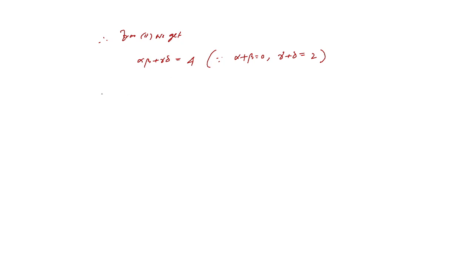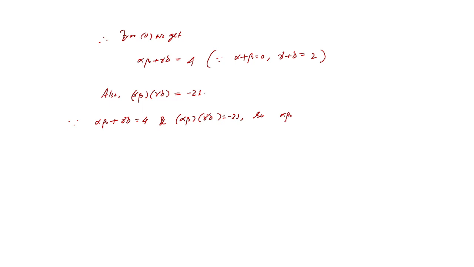And also you will see alpha beta multiplied by gamma delta is basically minus 21. So since alpha beta plus gamma delta equals 4 and alpha beta multiplied by gamma delta equals minus 21,